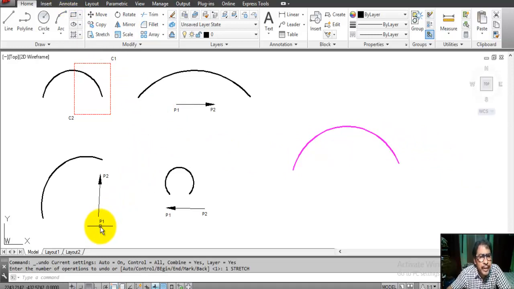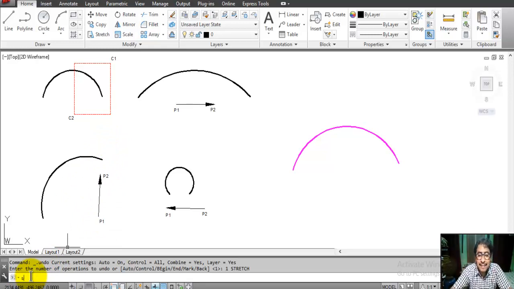Okay, now for this curve, we select C1 and C2 and base point P1 and P2, and this curve increases in the upper direction.